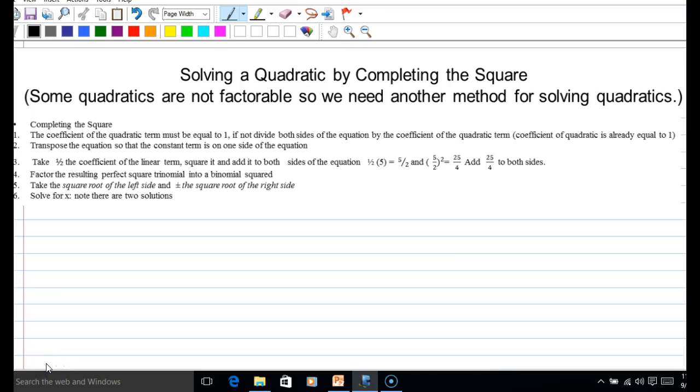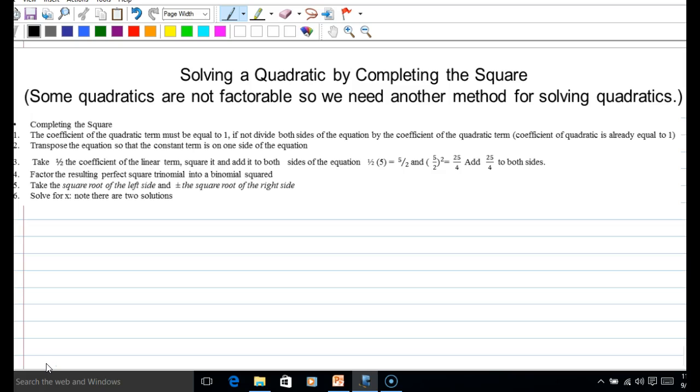Previously, we have solved quadratic equations or second-degree equations by factoring. However, as we discovered in one of the previous sections when we were factoring trinomials, not all trinomials are factorable. So we need another method of solving quadratic equations. A quadratic equation, again, is an equation in the form ax squared